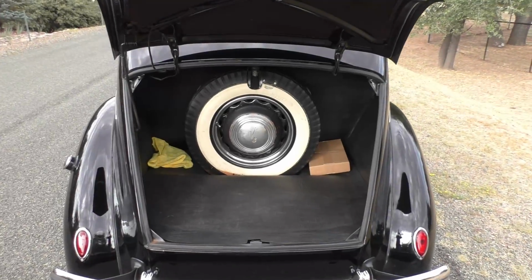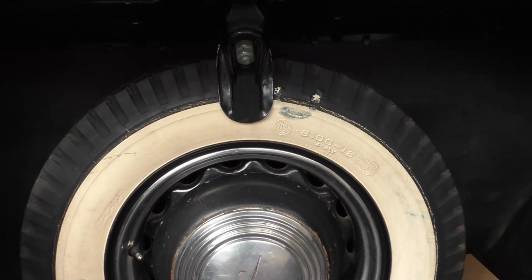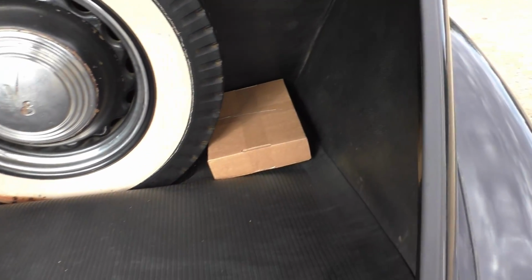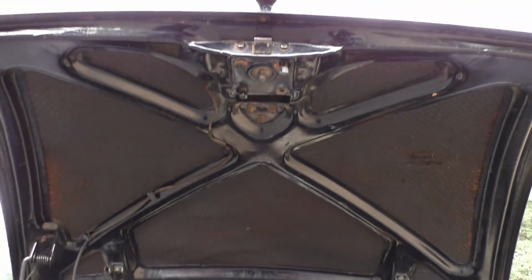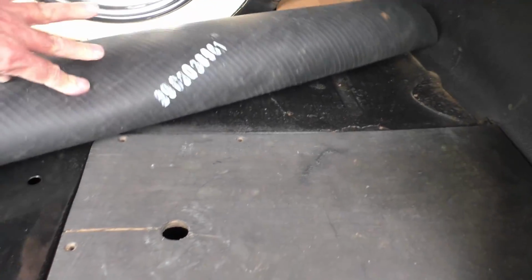All right, we'll get you in the trunk here. Original spare wheel. Heck, I couldn't tell you if that's the original tire or not, but I'd have to maybe bet on that. It's like the original panels in the back here, upholstery panels. It does not have original paint on the bottom side of the deck. Looking at the tool well here,